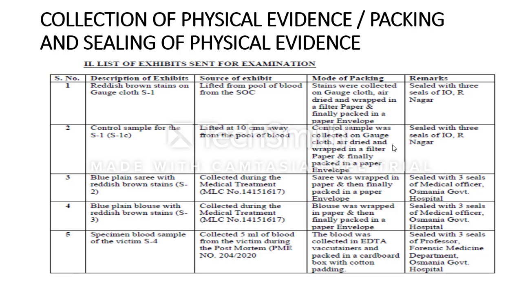The column number 2 in the forwarding note, namely the list of exhibits sent for examination, will have the columns like this: the serial number, description of the exhibits, source of exhibit, mode of packing, and then the remarks. Now, serial number 1, the reddish brown stains on gauze cloth, which we have given a label as S1, and